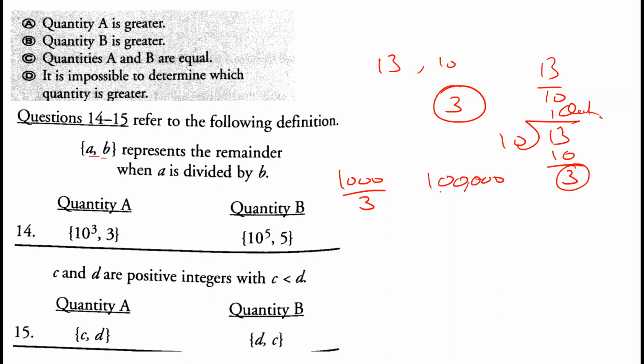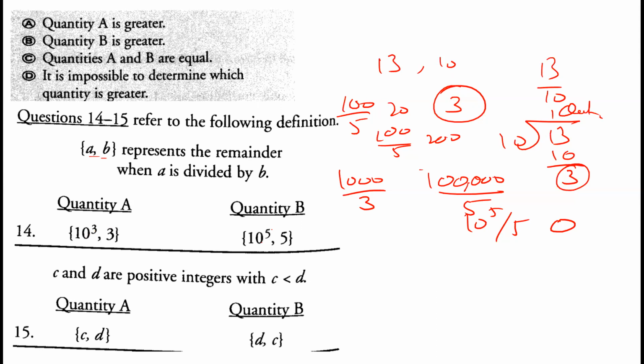100,000 divided by 5. So even without knowing that 10 raised to power 5 is 100,000, one thing for sure, 10 raised to power 5, if divided by 5, will leave 0 remainder. Because 100 divided by 5 is 20, 1000 divided by 5 is 200. So whenever it is a factor of tens, if we divide it by 5, it doesn't leave any remainder. And one thing for sure, that 1000 divided by 3, there will be a certain remainder, because 1000